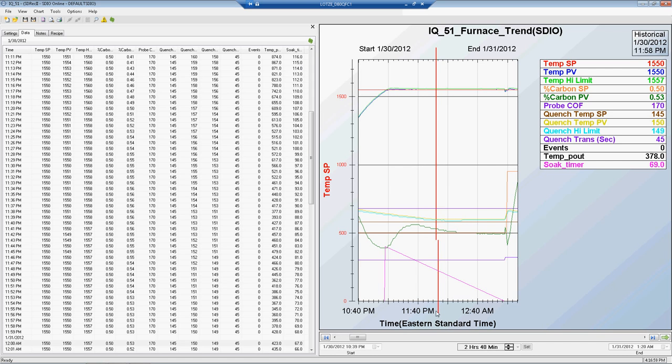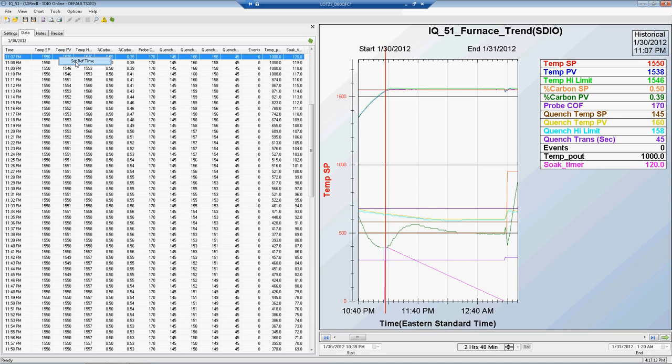And as I slide the soak timer over to here, we can see that the soak timer starts at this point right there, 120 minutes. Now, when I right click, I can do a set reference